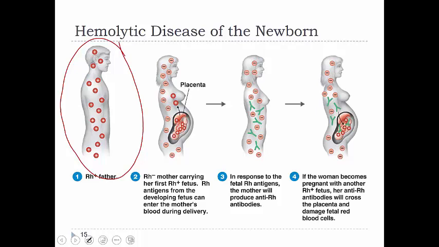So the first time the mother is pregnant, until those interactions occur, and that's normally going to be late in pregnancy, during delivery, especially in the places where mother's and baby's blood mix. So in case you didn't know, baby has its own circulatory system. Mother and baby's blood don't mix. The baby actually steals oxygen from the mother. The baby's blood attracts the oxygen better and will actually siphon it away